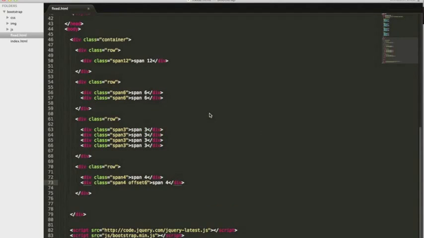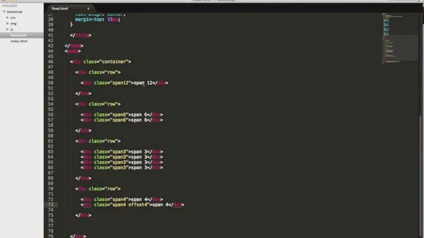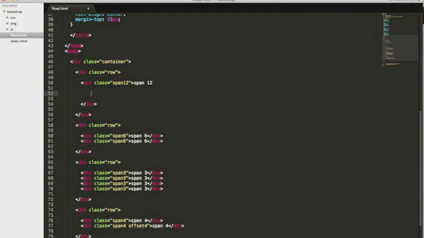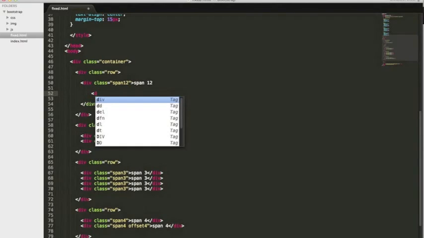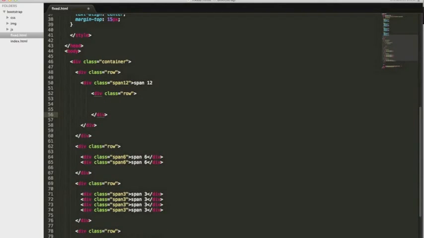And there's just one more thing I want to show you. Let me change this back to 4. Now I mentioned earlier that we can actually nest elements. And what that means is inside of this span, we can add a row to itself. And we simply add a div with the row class. And when we add a couple of span classes, we'll go with 5, span 5,